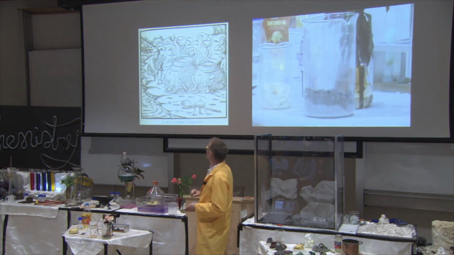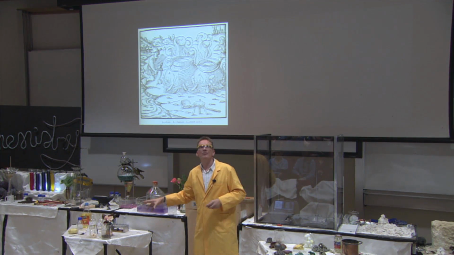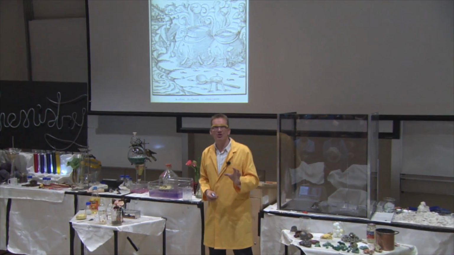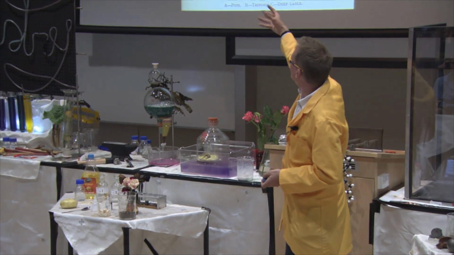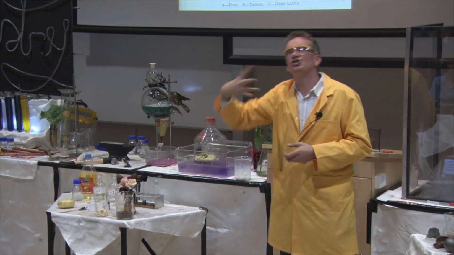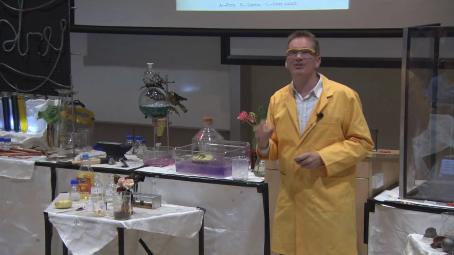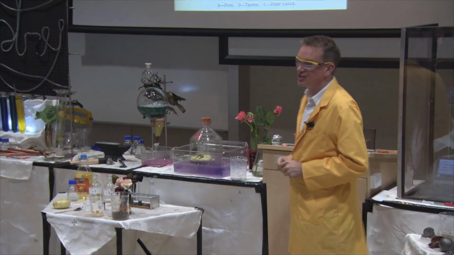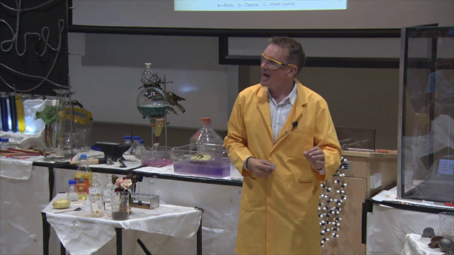Okay? In fact, this is how we get the name potassium. The name potassium comes from this substance that we can extract from the ash, from this wood ash. This is potassium carbonate, known as potash. And so what we see here is a chap, he's burning some wood, making ashes, putting the ashes into a pot, stirring them around, extracting what he wants, the potassium carbonate, this potash. And so potassium gets its name from potassium carbonate or potash that was used to make the potassium in the first place.